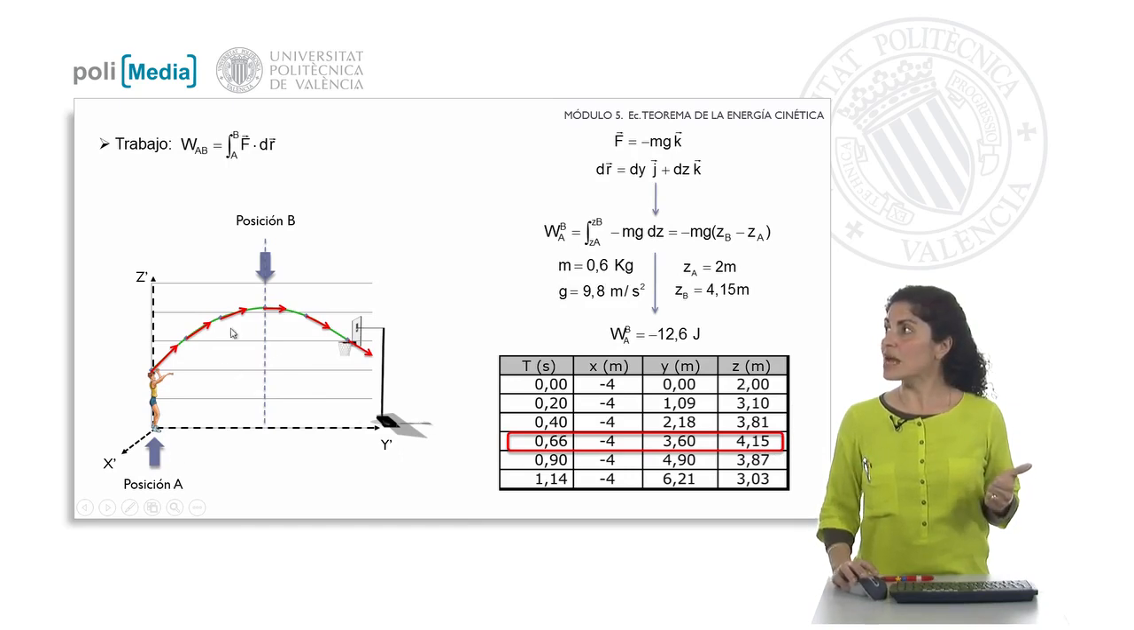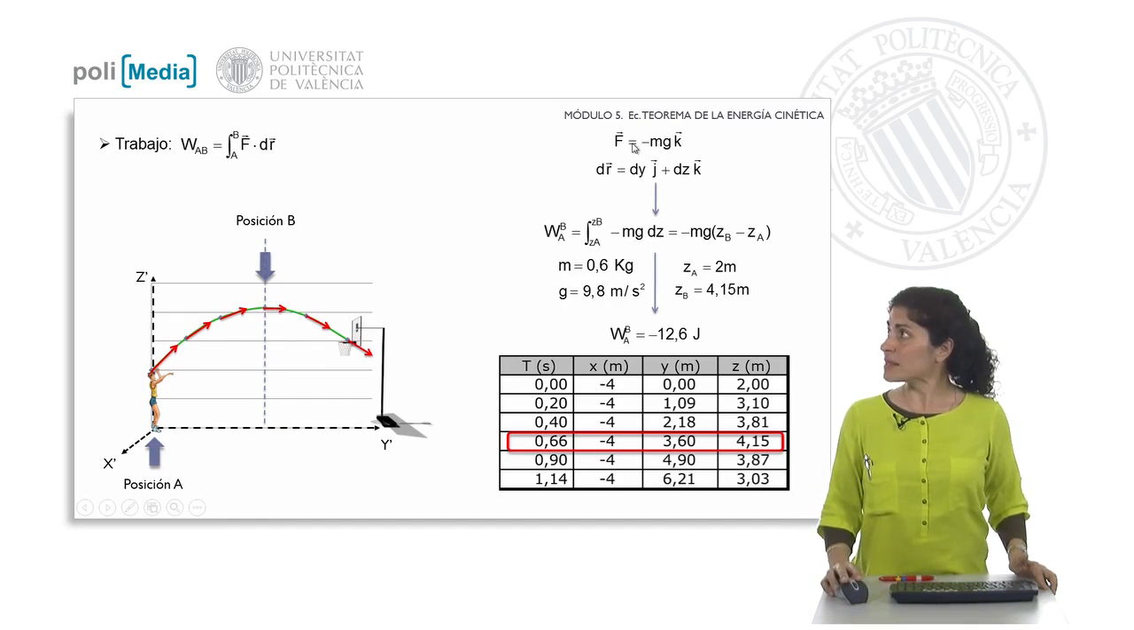If we analyze the work in this case, the work is given by this integral. What force is acting on the ball during all this motion? It is the weight force. The force is then defined as minus mg times the vector that marks its direction, which is the vertical vector, therefore unit vector k. And the displacement is given in the y-z plane, so differential of y unit vector j plus differential of z